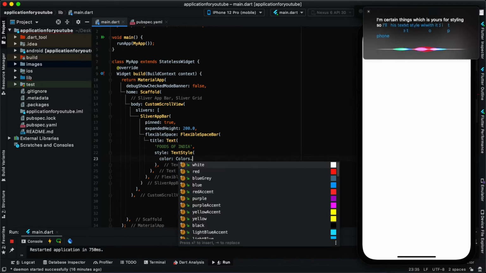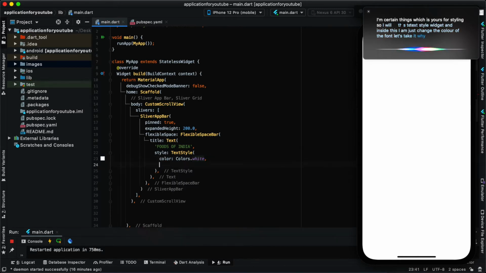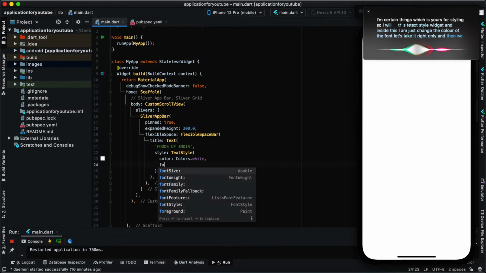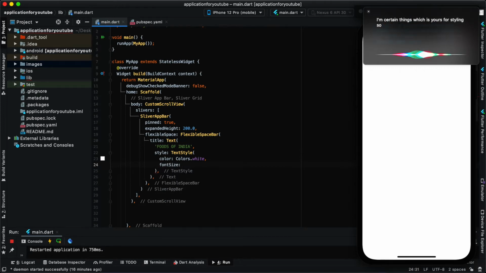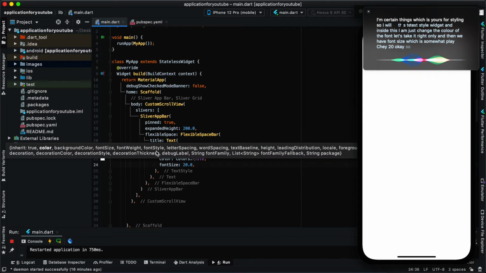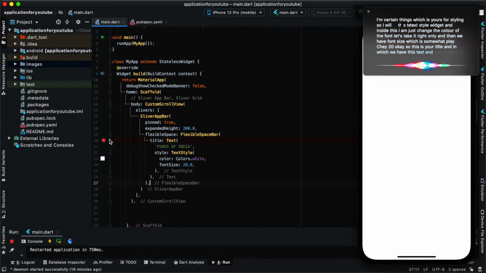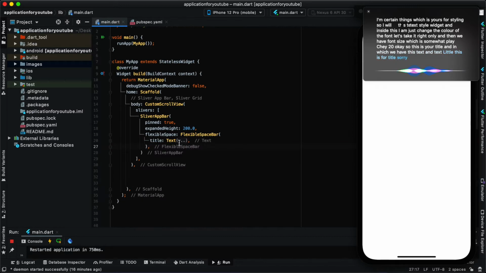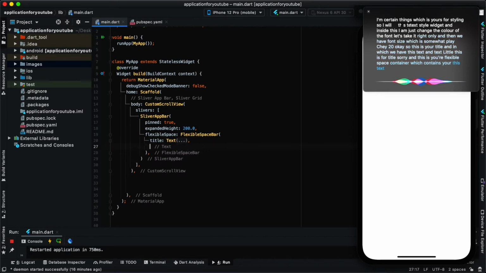Let's take it white, and then the font size, let's say, 20. So this is your title, in which we have the text and text style. And this is your flexible space container, which contains this text and the other thing, which is your background.